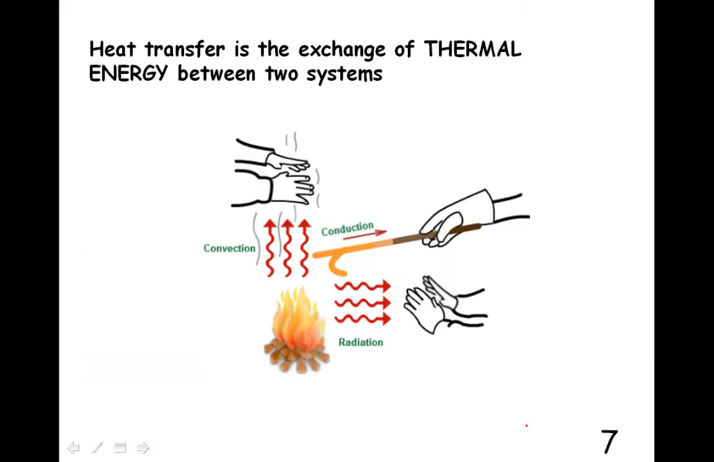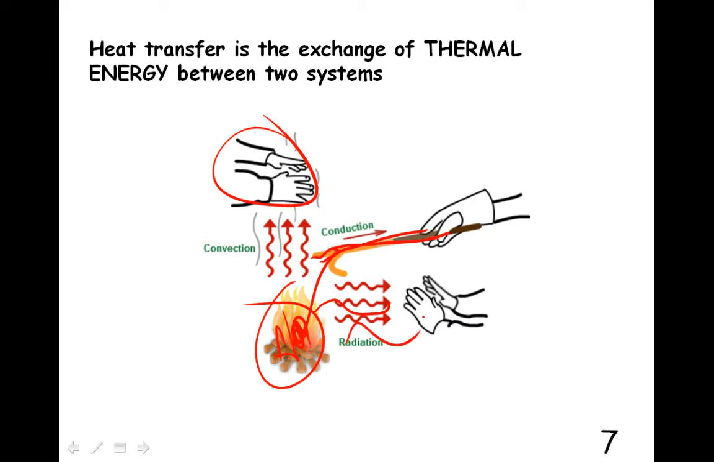Well, heat transfer is the exchange of thermal energy between two systems. And here we have two systems. One is fire that's hot, and our hands that are relatively cold. And we've got the three ways that heat can be transferred to our hands. One is by conduction. This should actually be in the fire to illustrate conduction because it has to be touching both things. And radiation is the